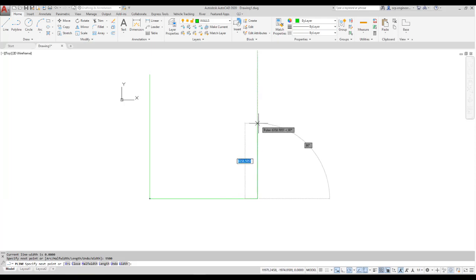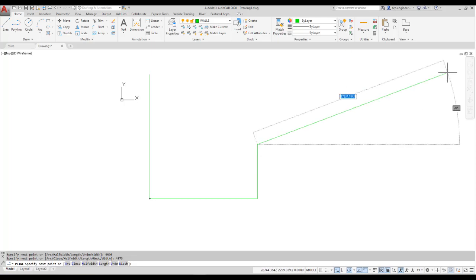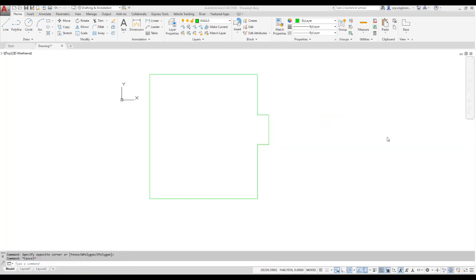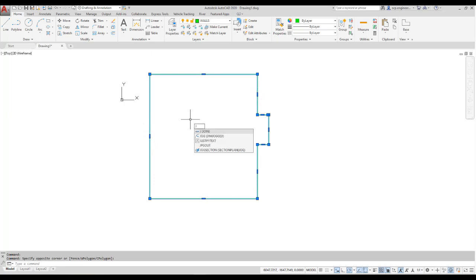Now this dimension is 4573. And I'm going to keep working my way around until I have the finished shape. So there's the finished shape of my wall. Now these are two separate lines because I had to stop and restart, so I want to join them together. So I select both lines, type in J, hit enter for join, and now I should have one single closed